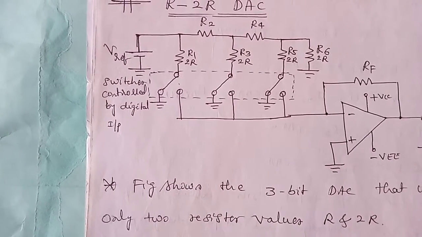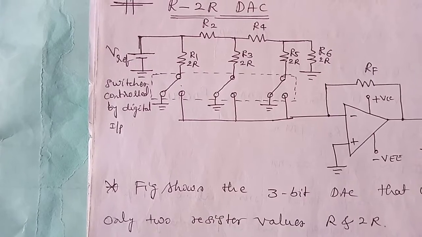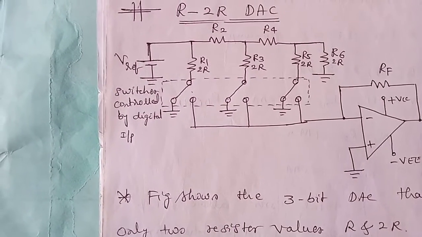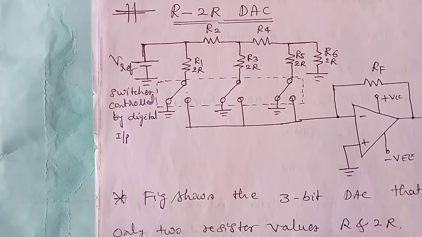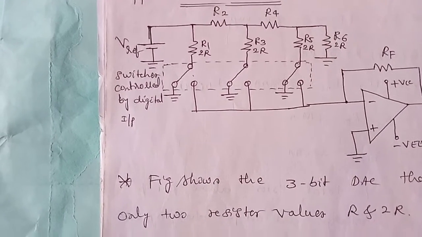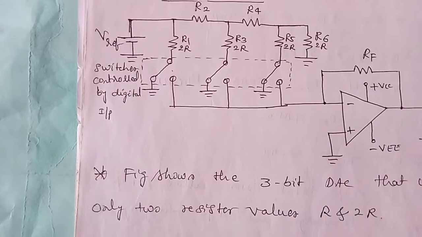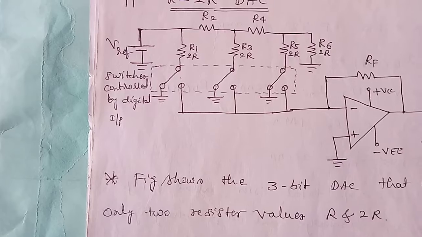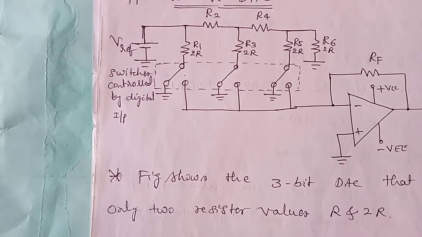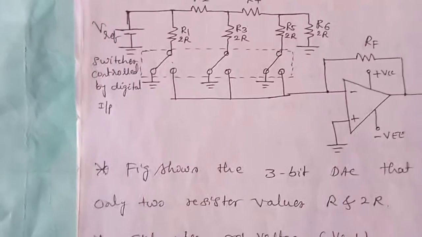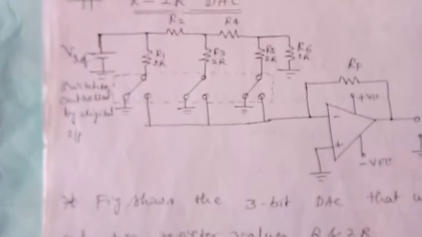Digital switches have been used, switches controlled by digital input. So these inputs will be controlled by digital means. This arrangement is more accurate, substituting for applying the digital inputs directly as input. The switches are controlled by the digital input bits so that they are set to ground when a bit is absent, or to the op-amp input when the bit is present. So we can easily take over the digital part here as an input circuit.